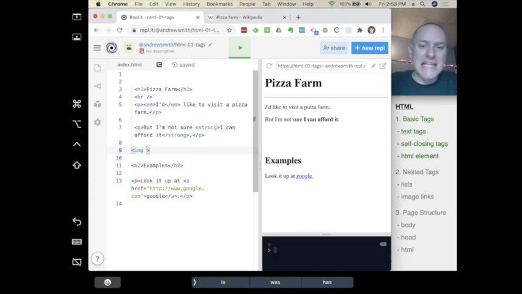A lot of this is just legacy stuff. Like the first people who did this 30 years ago did it one way, and we're kind of stuck with it now, right? So image needs one attribute, like one thing we're going to put inside the tag itself, which is src equals, and src means source. So this is where we put the URL, or like the web address of the image that we want to